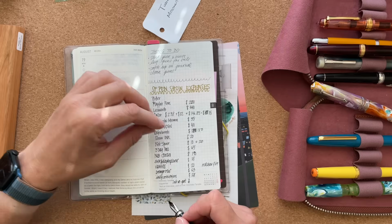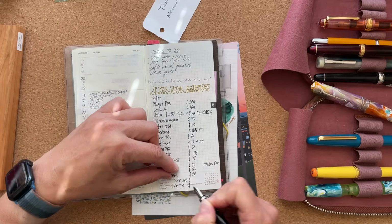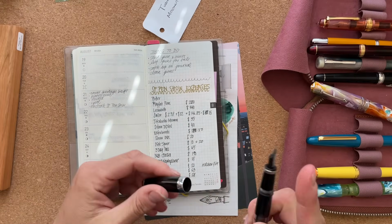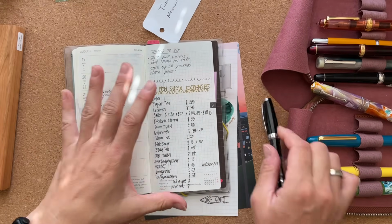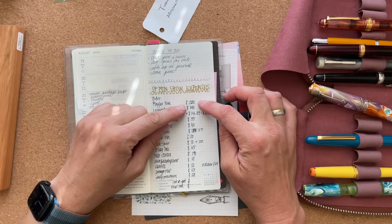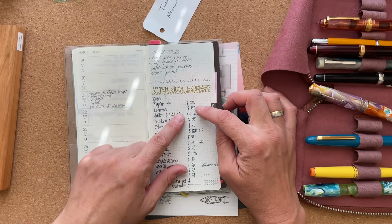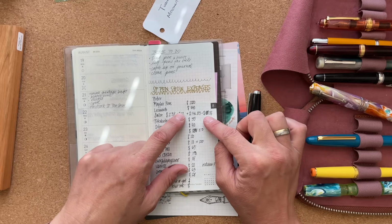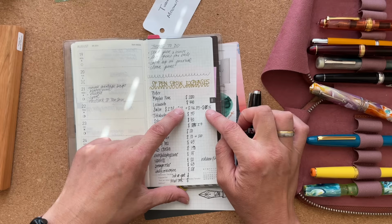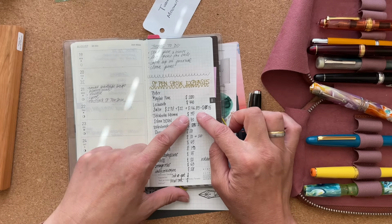Oh, I bought a Kiwi ink. So I need to add that here. And then I think I got it all. And that means I can add it all up. But if we just go over this really quickly. So this is 640 for the first 2 plus 70. 660 plus 70 is 730 plus 35 is 765,